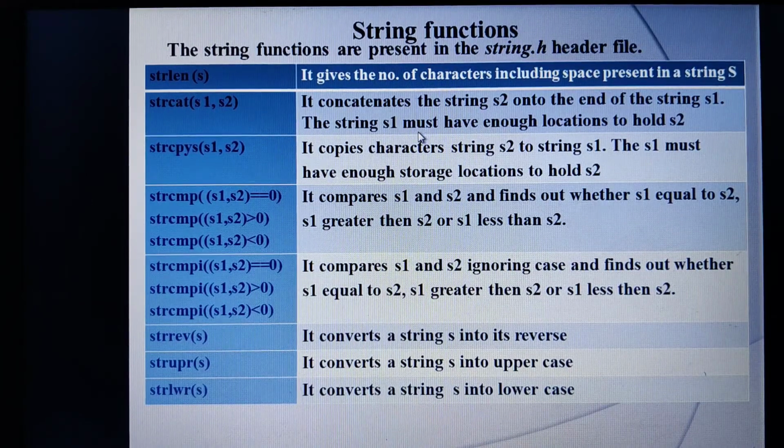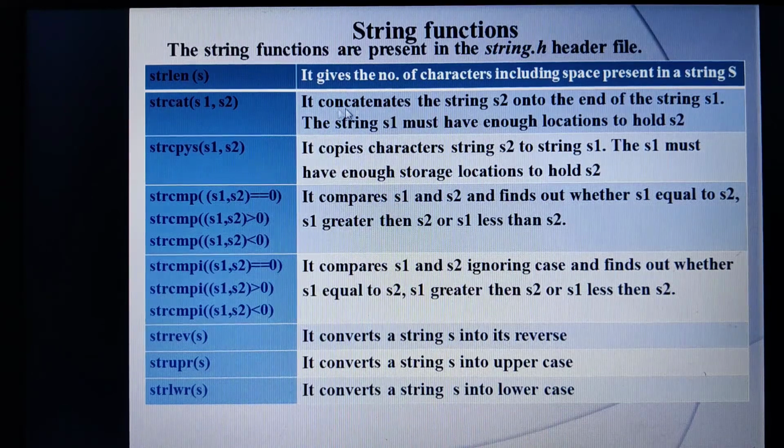Okay, we shall move to the next function here, string concatenate. String concatenate means concatenation. I think I've explained in terms of operator overloading. Plus is an operator which is used to add two numbers when it is used with addition. Plus is also used to concatenate two different strings. In the same way, in string functions we have string concatenate.